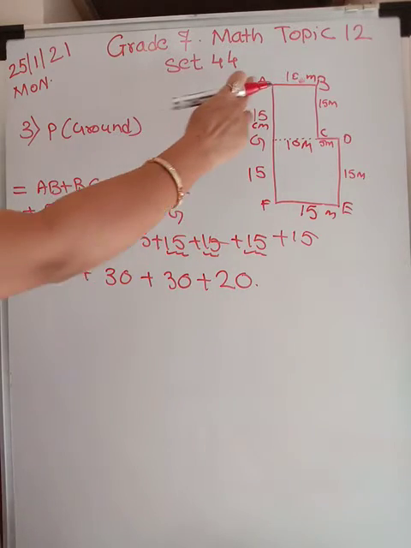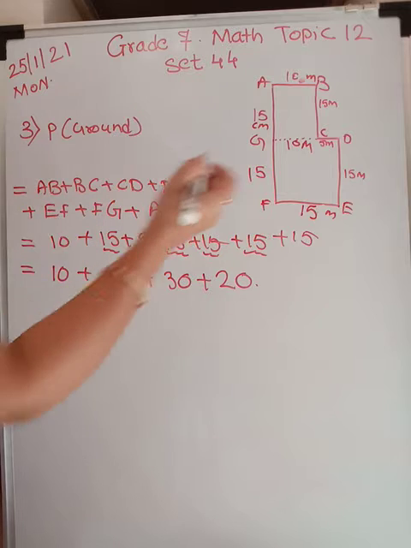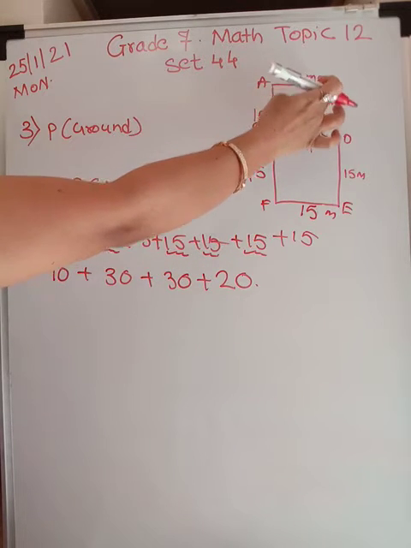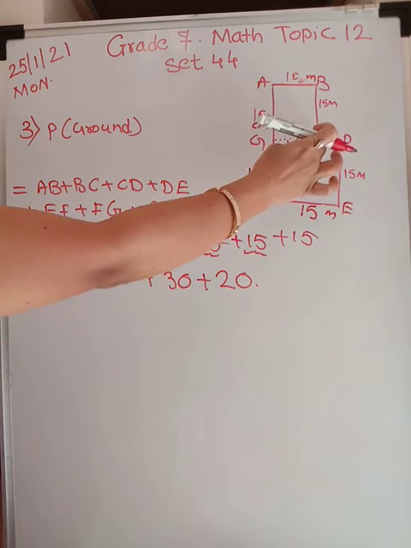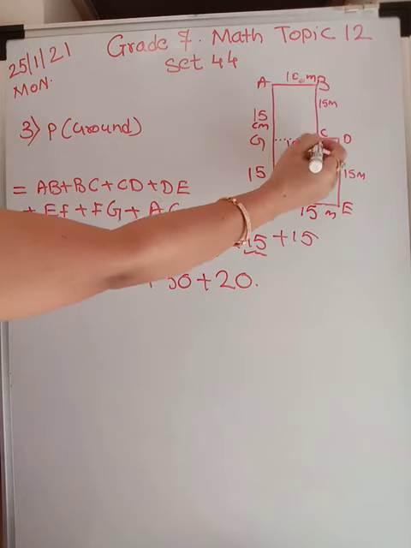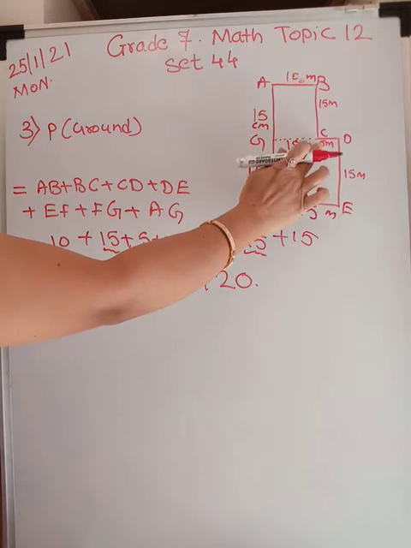I have given names so that it becomes easy to find the perimeter. This is one construction which I have done. If this is 10 centimeters and this is 15 centimeters, this becomes a rectangle. Opposite sides being equal, this will be 10 centimeters. This is already given 5. I'm sorry, not centimeters, meters. So this is 10 meters and this is 5 meters.